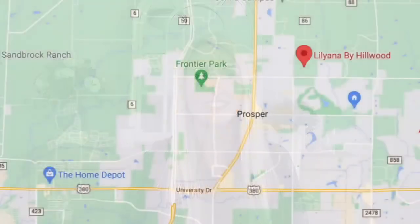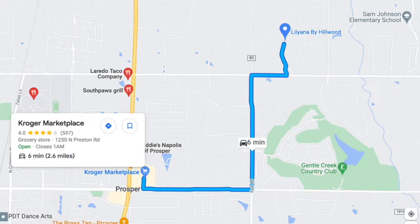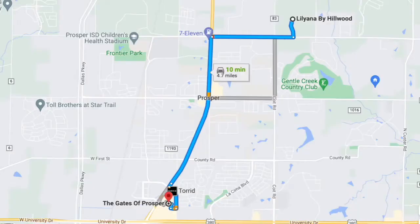Today I'm going to take you on a tour through the community of Lilyana, and then we will tour the MI Homes model right here on site. Lilyana is located right on the border of Prosper near Frontier Parkway and Coit, where you are just a few minutes from grocery stores, restaurants, and other conveniences located on Preston Road, including the Gates of Prosper shopping area where